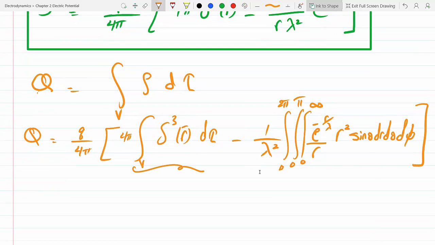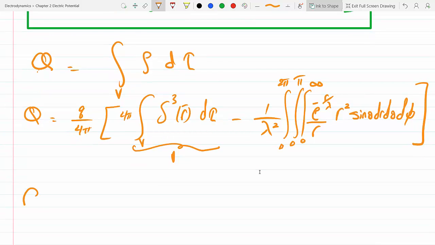Okay, we know that this is 1, right? That's the definition of the Dirac delta function. So when you integrate it on a sphere, it picks up the value of the function next to it, which is nothing, 1, evaluated at r equals 0. But 1 is a fixed number, so at r equals 0 it remains a 1. So we get 4 pi into 1, or 4 pi, because we have 4 pi outside the integral, okay,